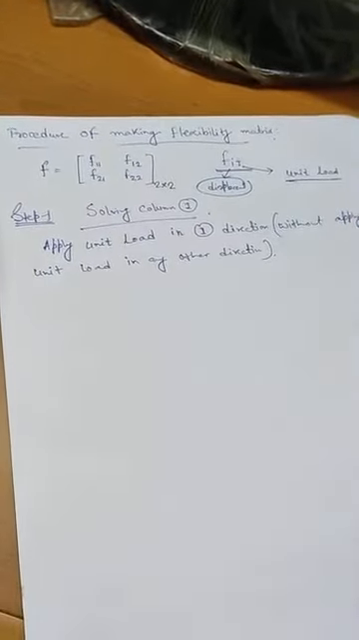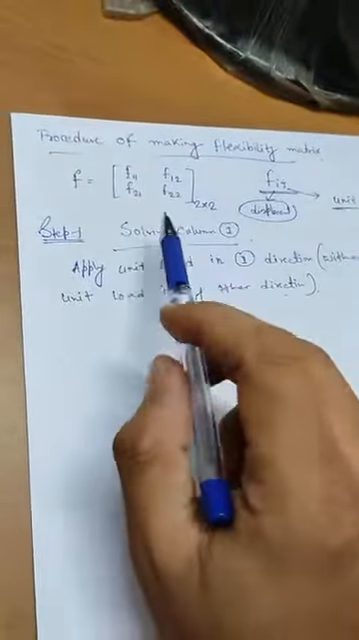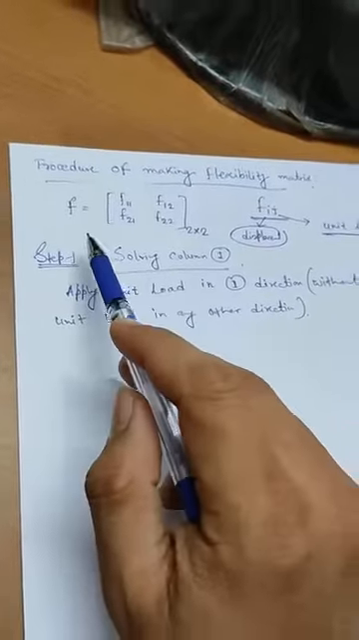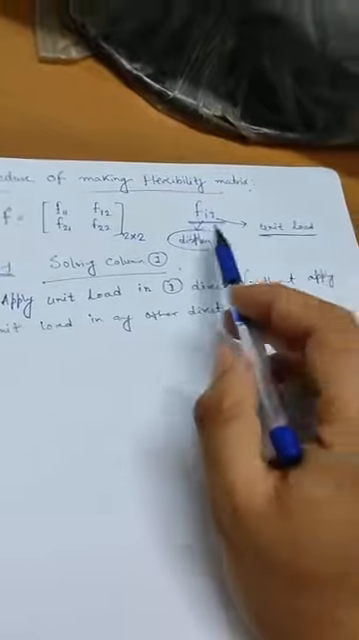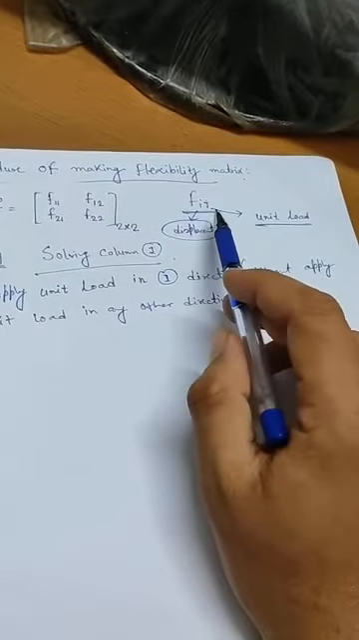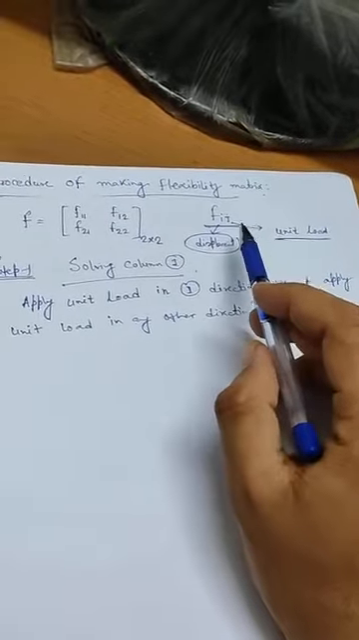Today we will discuss the procedure of making the flexibility matrix. Now this is the generalized form of a flexibility matrix in 2 by 2 order. This is F11, this is F12, and this is F21 and F22. This is the generalized form, that is Fij, where i denotes the displacement, and j is